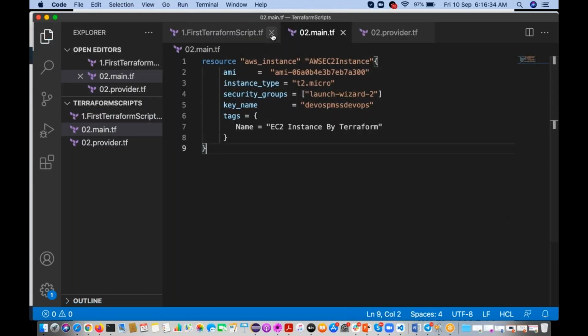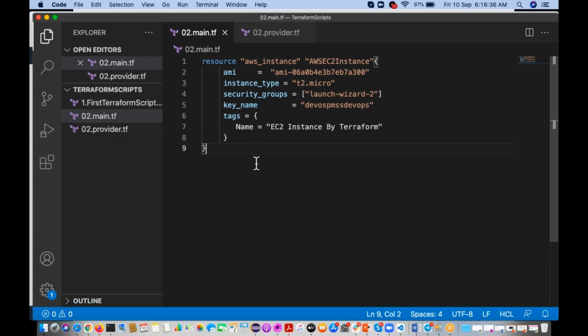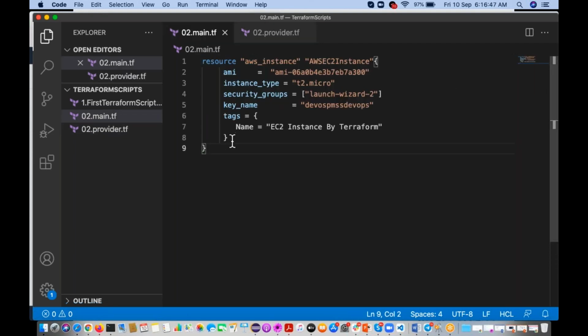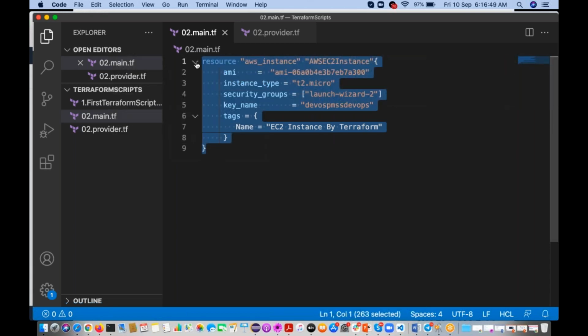Like this, we are going to segregate. So provider.tf contains the provider information, and main.tf contains which resource you want to create.